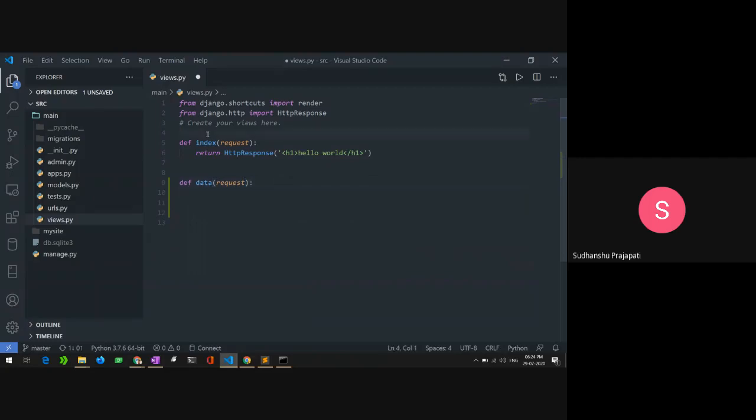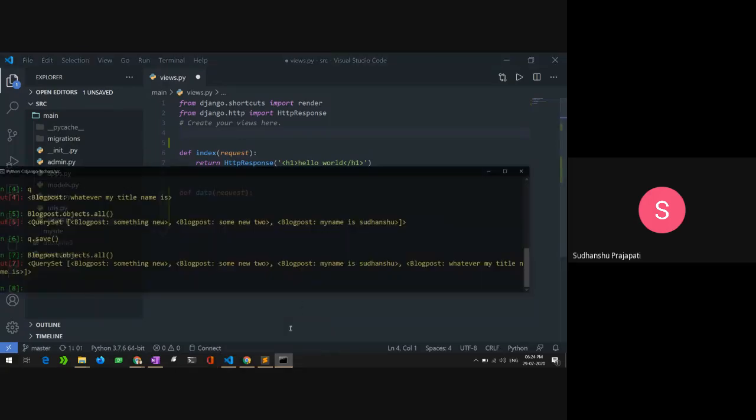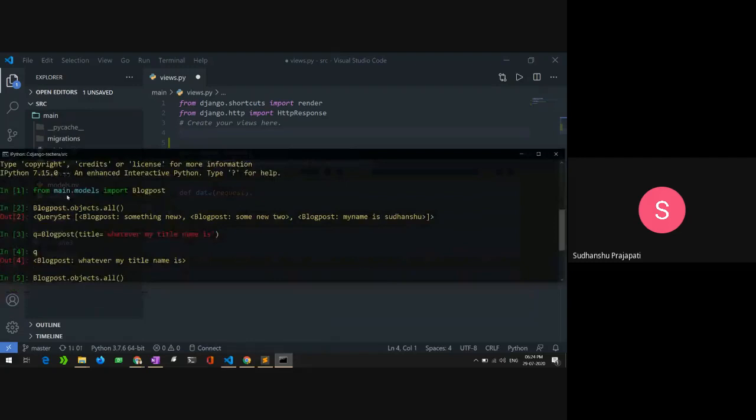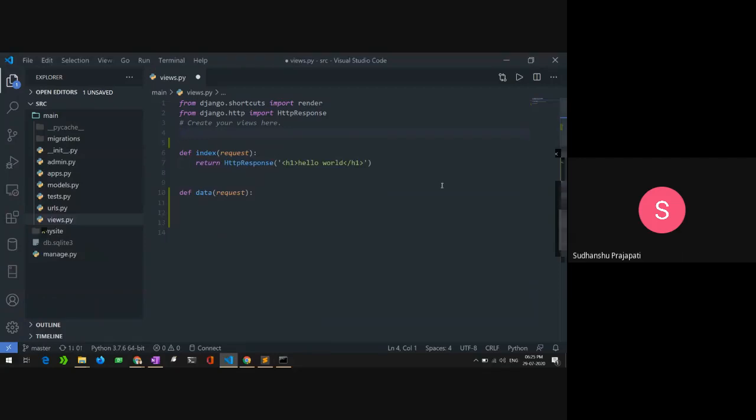After that I need to import my model here. As you know, to work with Django, it provides an API to communicate with the database, that is, writing or reading. So from main.models import BlogPost, and I will do the same in the views.py file. You can't directly access the data using SQL commands or anything. You have to work with the API which is given by Django. So for that purpose, I will import my model inside it.